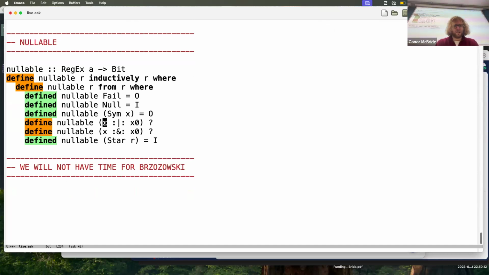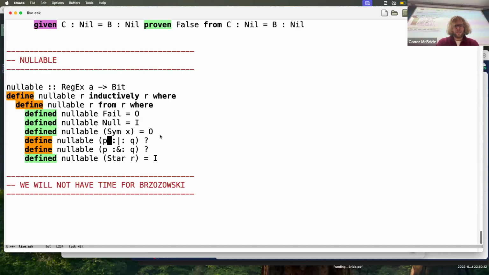Right. So what about P or Q? So does P or Q like the empty string? Well, it depends on P and Q, surely, right? We can't say. So what if P likes the empty string? Well, if P likes something, then P or Q likes something, right? And similarly, if Q likes it, then P or Q does, right? So P or Q is nullable if P is nullable or Q is nullable. So it looks really nice that we're just turning this OR of expressions into this OR of bits, right? It's very